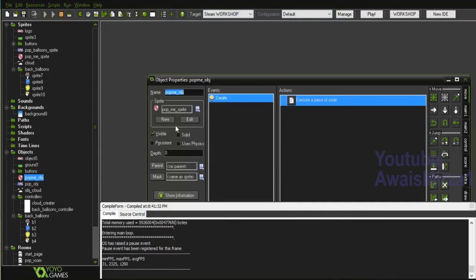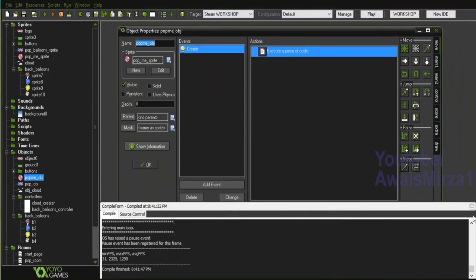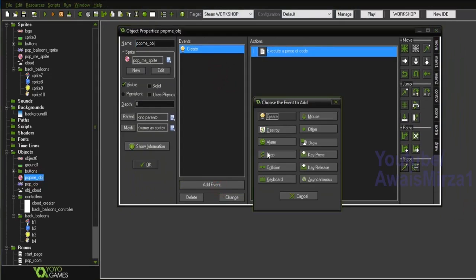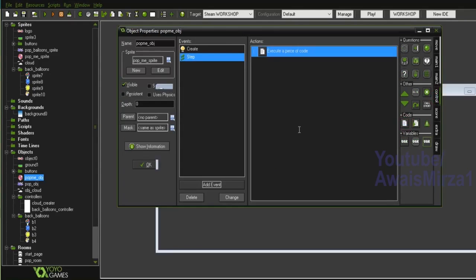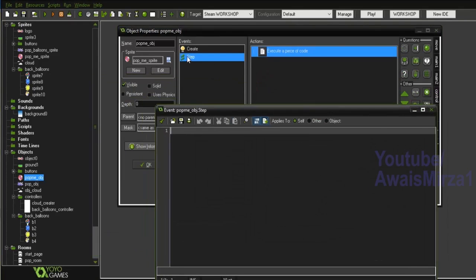Okay, so I'll open this up again, and I will add another event, add event, and I will add step event. So step event will execute all the actions against it. So I will add an action that is our script, and step will execute this script 30 times in a second. All right, so